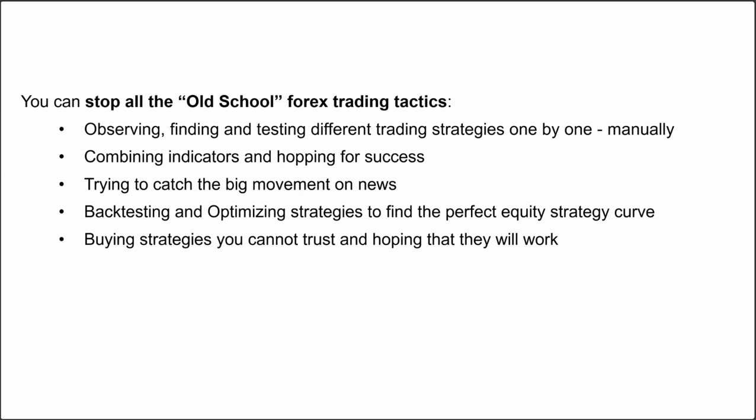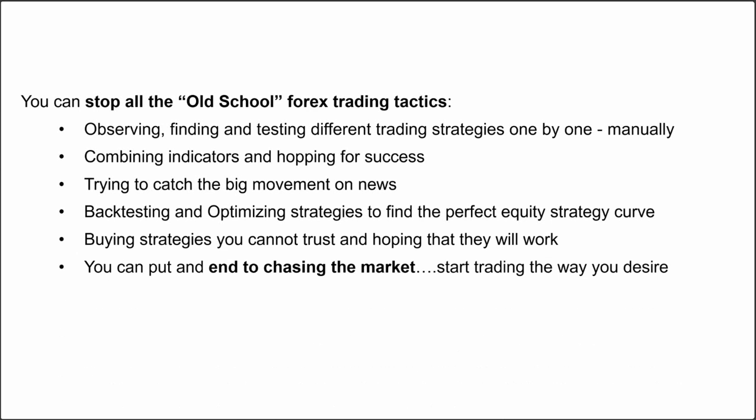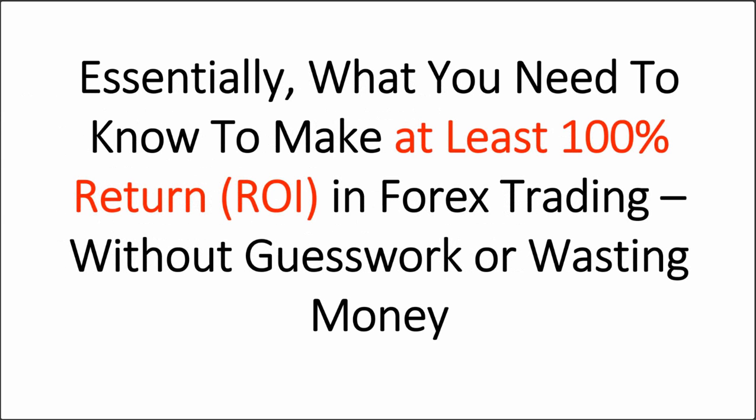A lot of people think they can just buy a forex robot or some strategy, put it there and it's going to work. You can put and then to chasing the market, because that's essentially what most people are doing. They're trying to chase the market, and you want to start trading the way you desire, and to have a lot more control in your forex trading than you currently do. So essentially, what you need to know to make at least 100% ROI in forex trading without guesswork or wasting